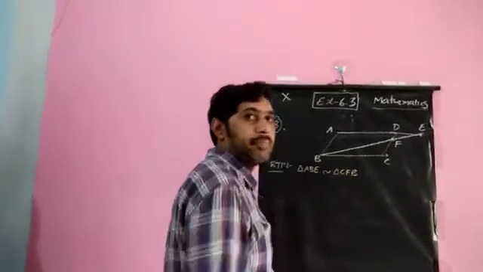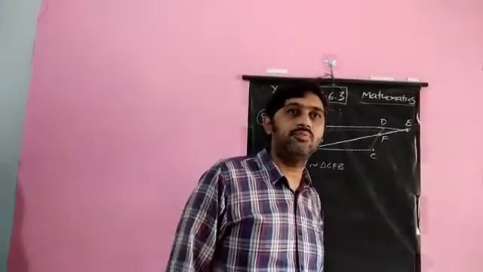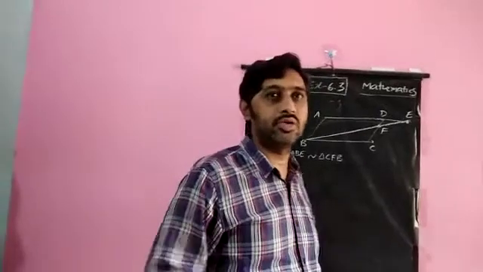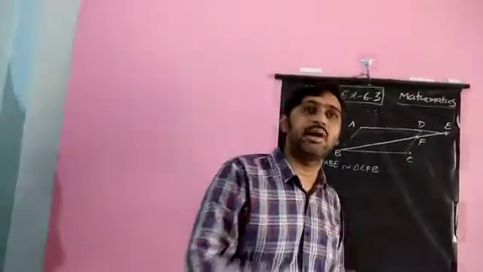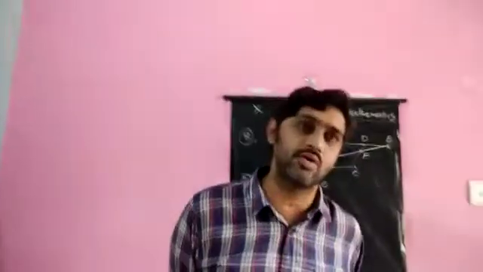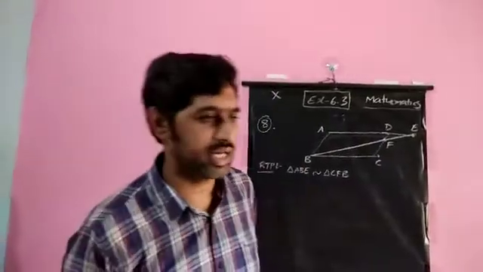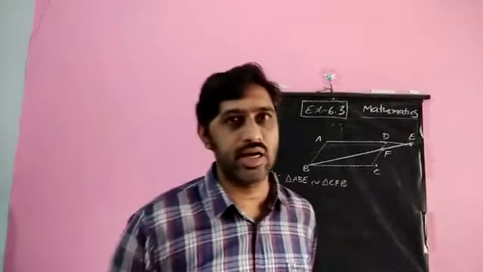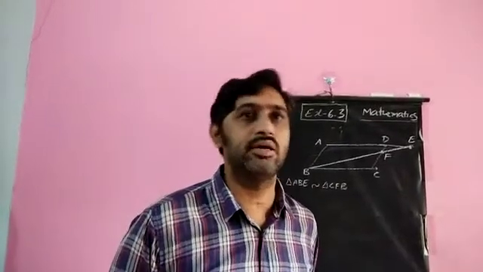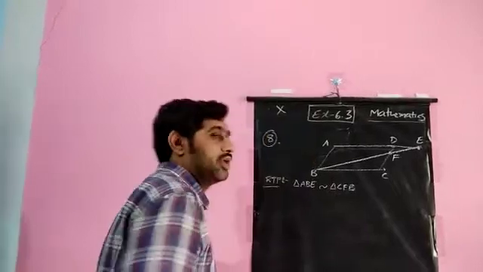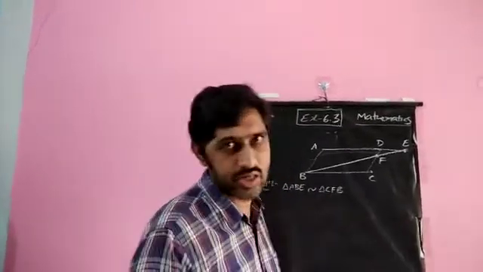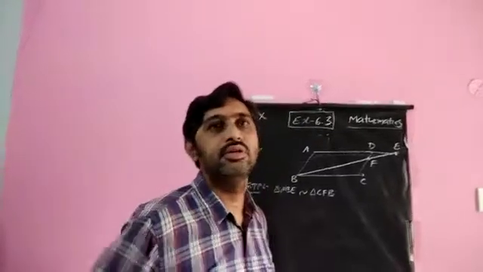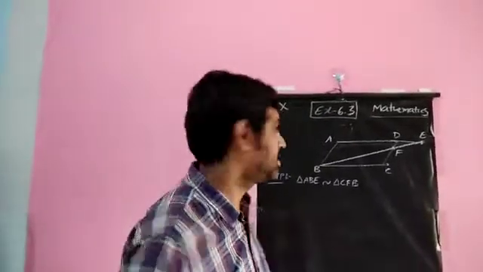So ABCD is a parallelogram. When the word parallelogram or trapezium comes, we need to know the properties and use them. Here they said ABCD is a parallelogram, so we have to use the properties of parallelograms. You learned this in 9th class, but here you have to apply it in this question. So what you learned in 9th will be used situationally even in 10th. Whatever you learn in 10th, you will use situationally in higher classes like 11th or 12th.